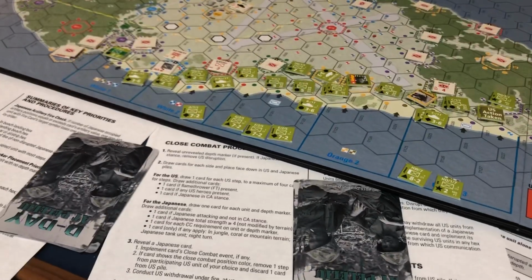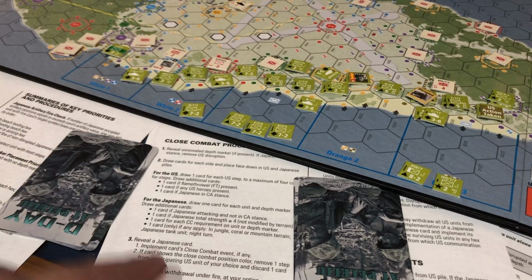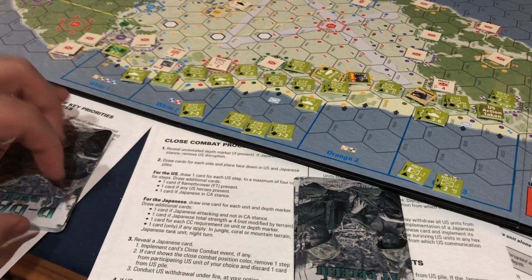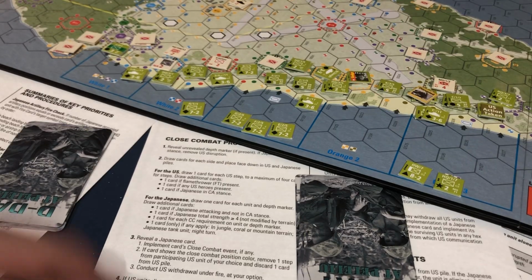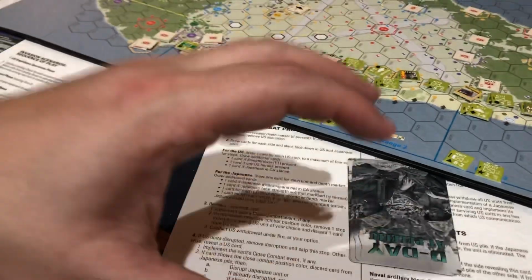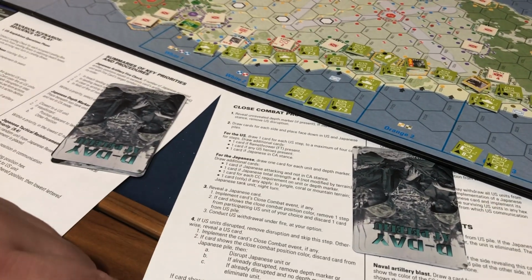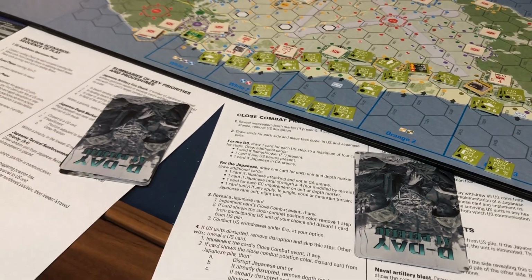Whereas in the past, we removed a depth marker the very first time we hit them, and the disruption marker just prevented them from taking their turn. Now they always take their turn, even if they're disrupted. In fact, you have to disrupt them in order to do any damage to them. So that's the one major change from Tarawa. The other one is that, well, for us, it doesn't change. If we get disrupted, we still have to remove our marker and we lose a turn, basically. I thought there was one other change. Oh, yeah, that was with the...